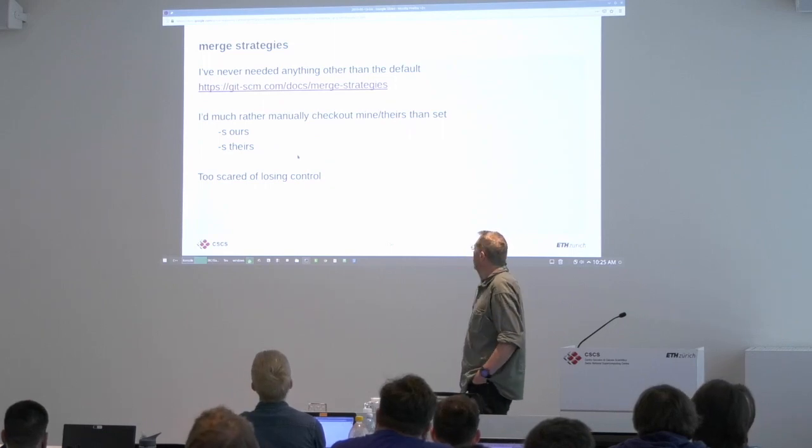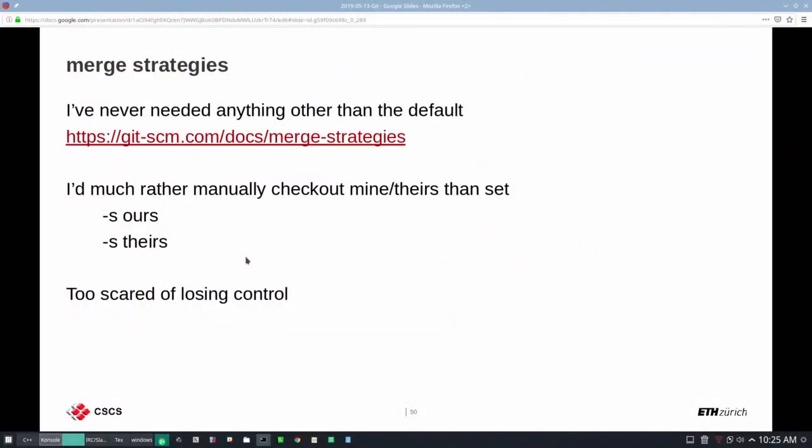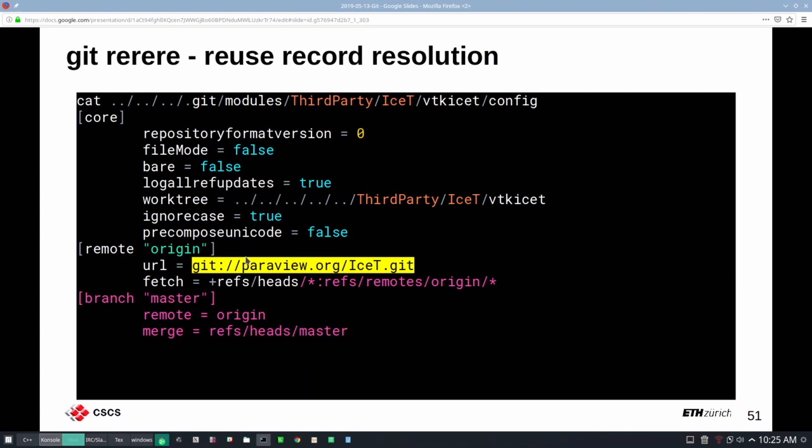Somebody asked in the questionnaire about merge strategies, and there's actually lots and lots of different algorithms, well, there's a couple of algorithms that Git can use. I don't really know much about them, but I never use any of this by default, overwrite everything in mine with ours or theirs or any of that. I always manually resolve conflicts because I'm too scared of letting Git do something and not quite knowing what it's doing. It's much better if you